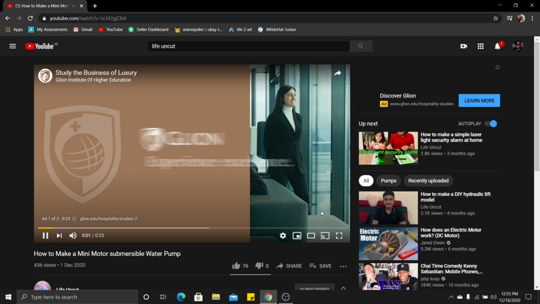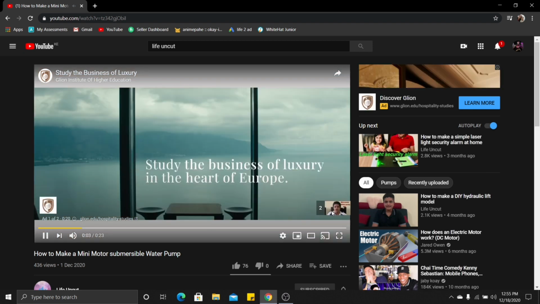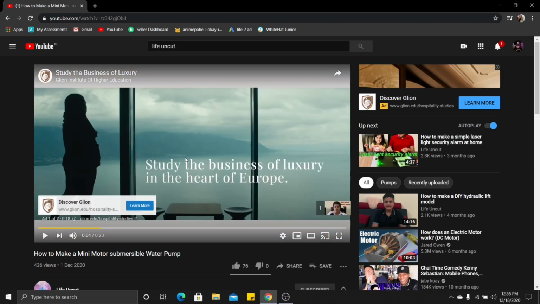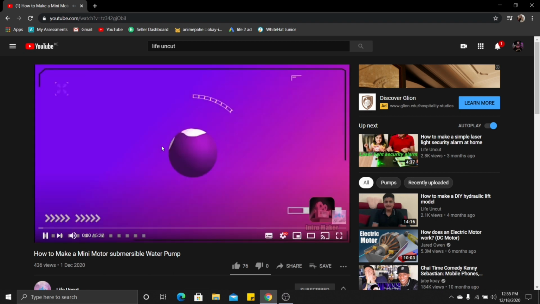Over here you can see the first thing that the viewer sees is an ad. So don't worry about not having ads. You can have ads, and these ads will be placed randomly. The only problem with not being able to put ad breaks is that you cannot control where the ads will come. So that was it for the video.